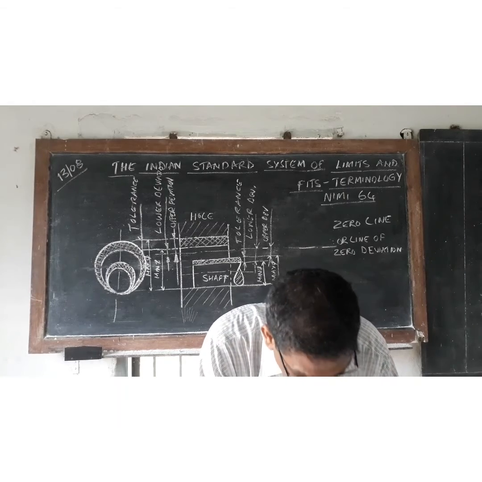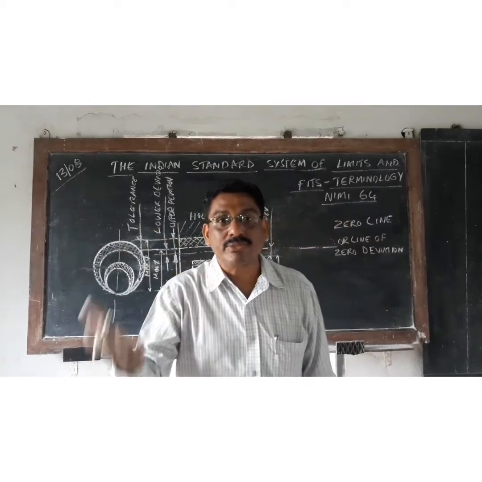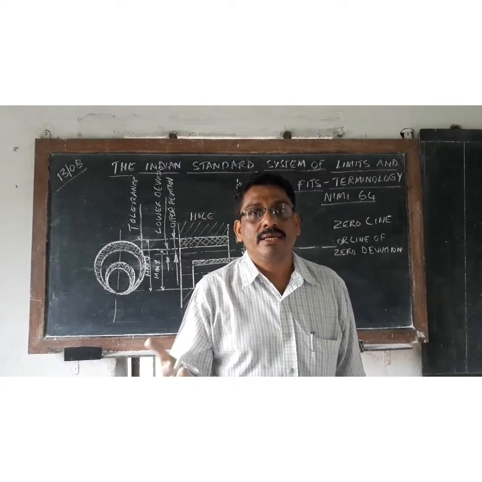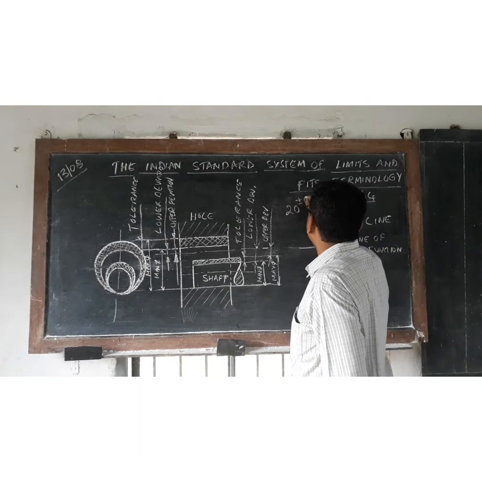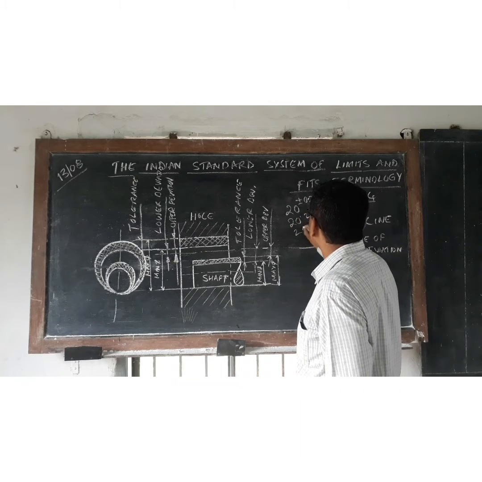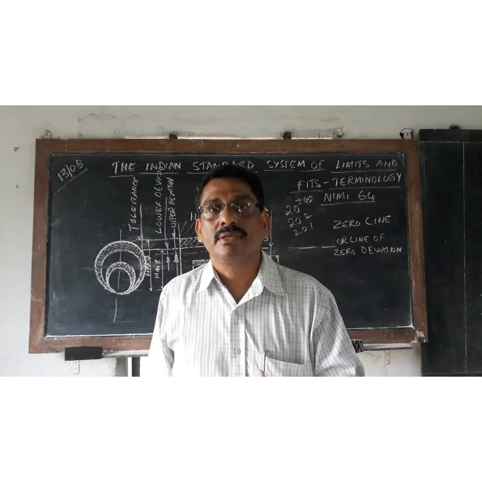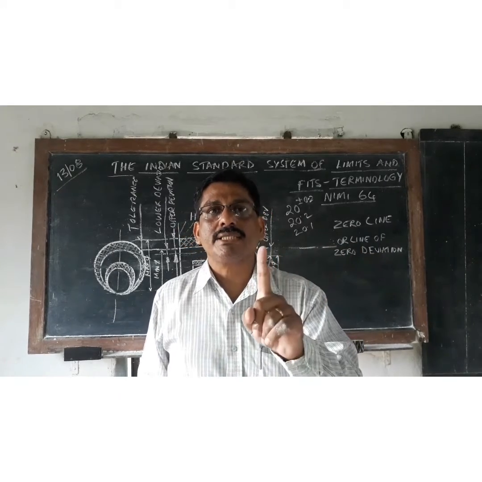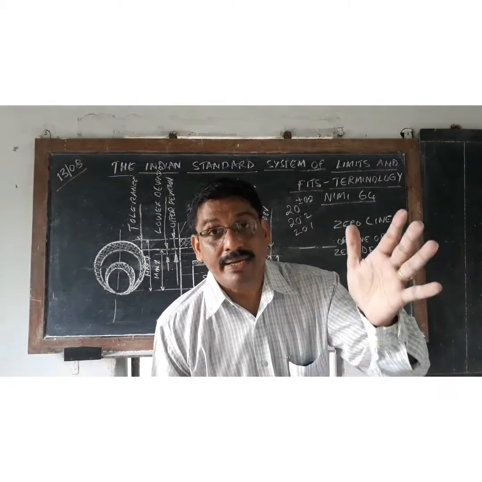So actual size, basic size over, no? Okay, basic size over. Actually there is an actual size after that. Actual size means the size after preparing with the deviation. Now suppose it is 20 mm, 20 plus or minus 0.2. So you can prepare the size 20.2, 20.1. Whichever size you have prepared now, that is called actual size. 19.9, 19.8, whatever you have prepared, that is called actual size. So all of that is accepted.